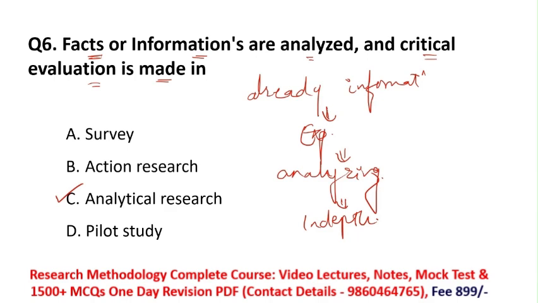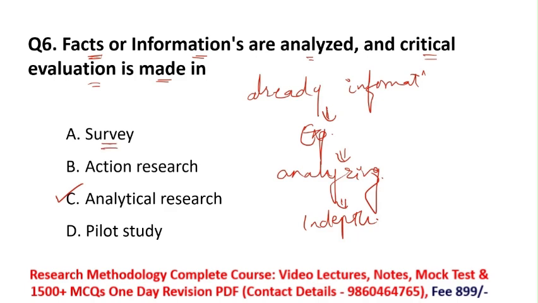They observe that data and they do in-depth study and find out whether that information is correct or not, and further whether those results and conclusions are coming correct or not. Okay, so remember, if you already have information and you are analyzing that information, it comes under analytical research. So here option C is the right answer, or you can say this is the definition of analytical research. We'll see the remaining options which are incorrect.